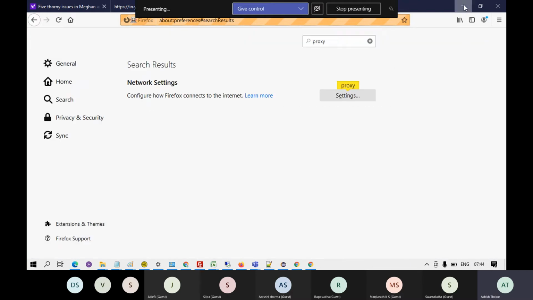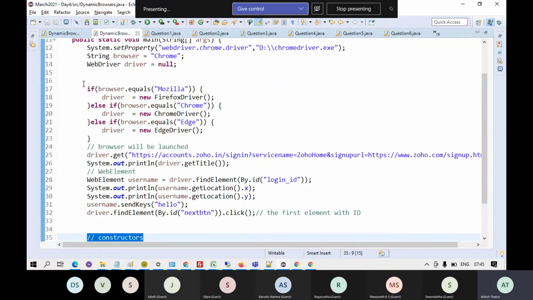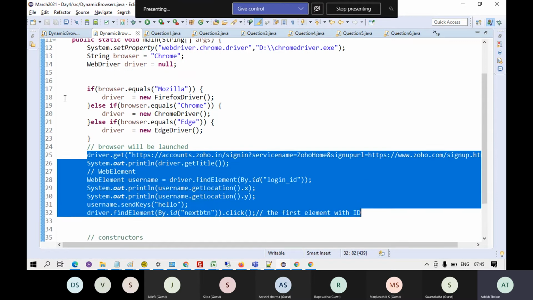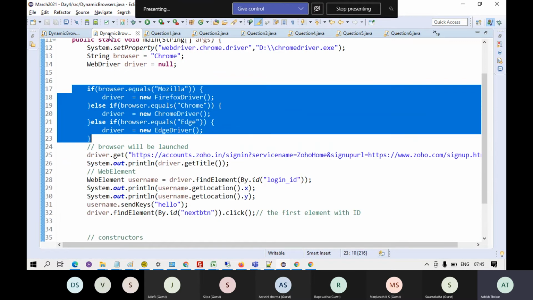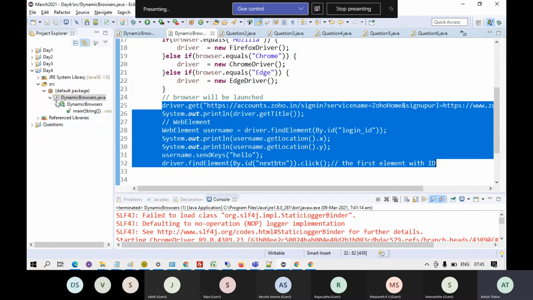So how do we launch a browser with certain proxy settings, because many projects require that. To understand this, you need to understand the concept of constructors in Java first, right? Once you launch the browsers, you can identify the elements, but you have to launch the browsers with a few settings. I'm going to talk about that now, then we will move forward with the identification. Okay, now let's talk about constructor.